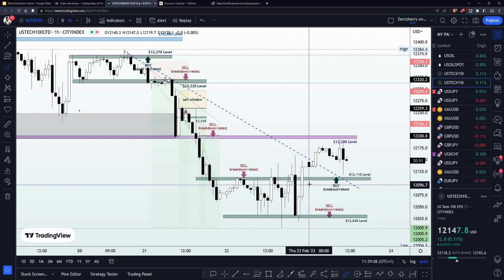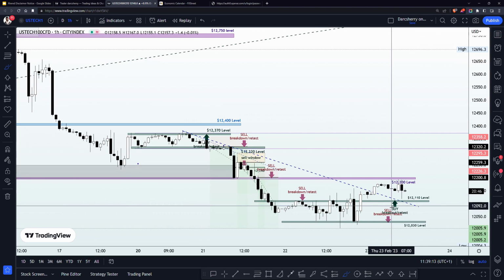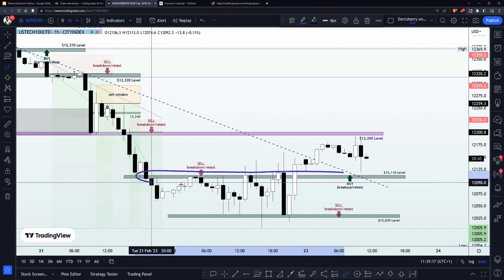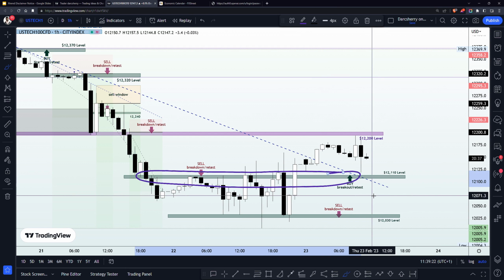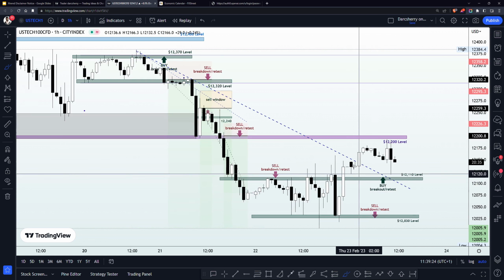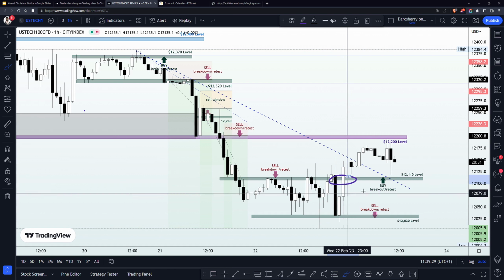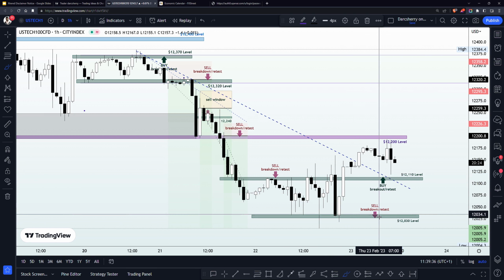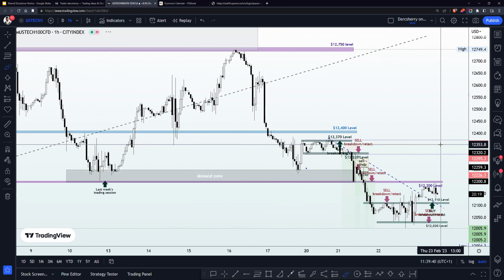So remember, we identified this reversal pattern earlier on the 1 hour time frame, and we had, hold on a second, let me zoom out. So we had a neckline area at the 12,100, which is the key structure we saw on the daily time frame. So now that we have a breakout of structure, and I told you that if you had joined the breakout of the structure, you should be moving your stop loss accordingly to lock in some profit at your entry point, at your entry area, while we monitor this price action. Now look at what we have here.